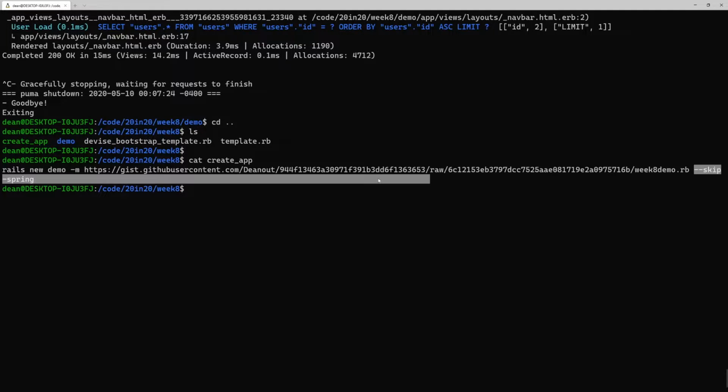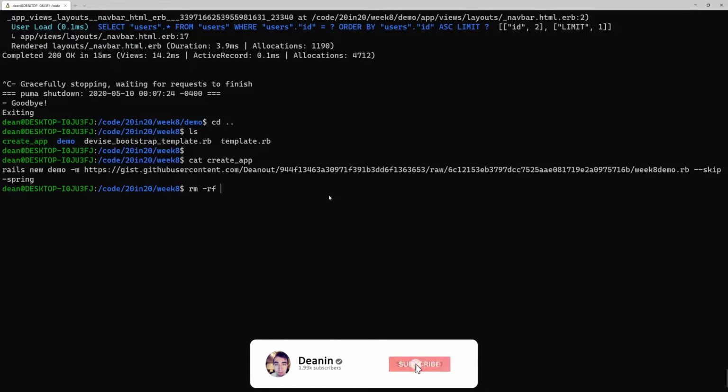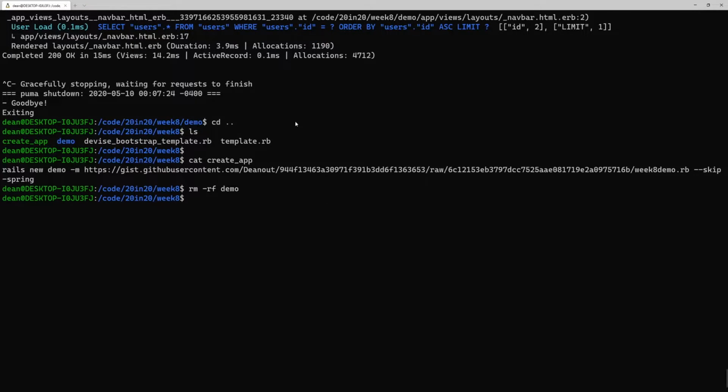And then I'm just saying skip Spring because I'm doing some testing, so I'd like Spring not to run. And what happens when we run this create app script? Let me actually, before I run it, I need to rm -rf demo. And now we're going to run create app, and you should see